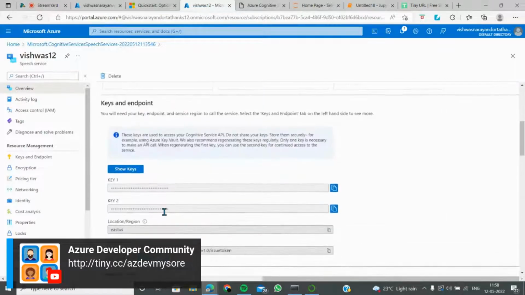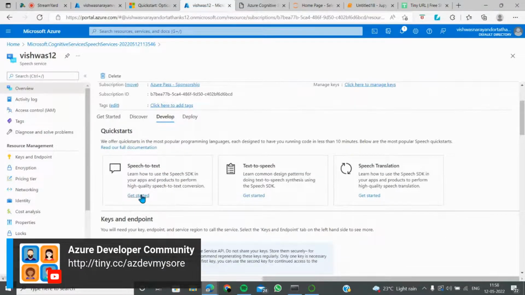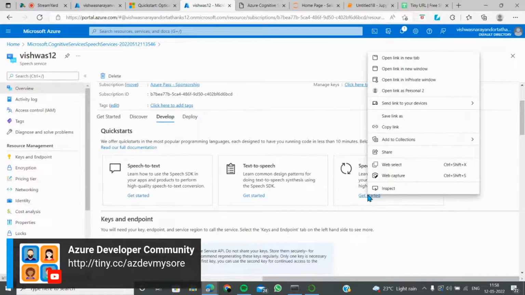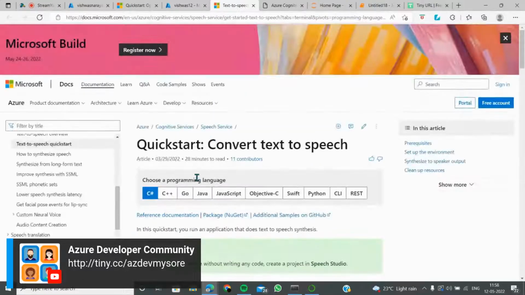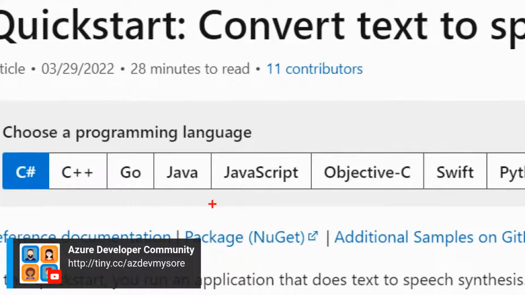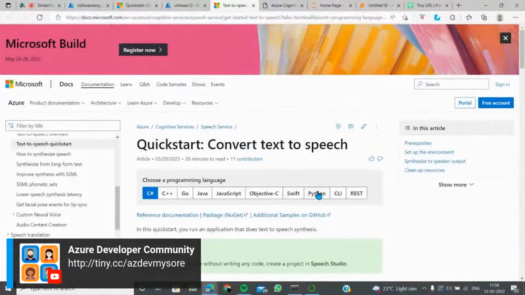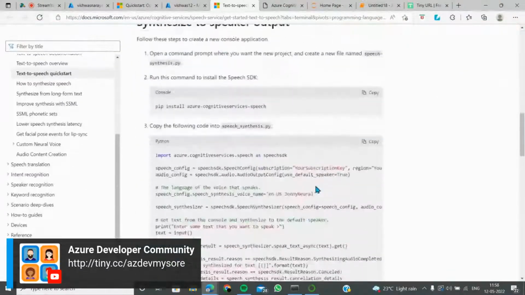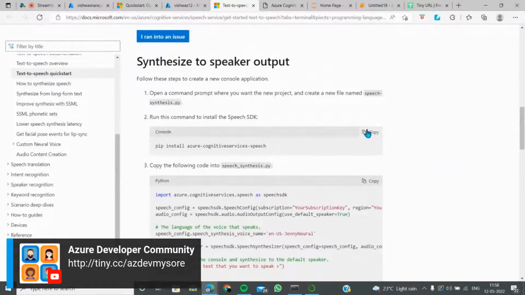There is an option called develop: speech to text, text to speech, speech translation, anything can be done. So let's just go to this demo so that you guys can understand what is happening here. There are different options which are already available: C Sharp, C++, .NET, Java, JavaScript, Objective-C, Swift, you name it, it's there. So let's just do Python because we now are good with Python, right?